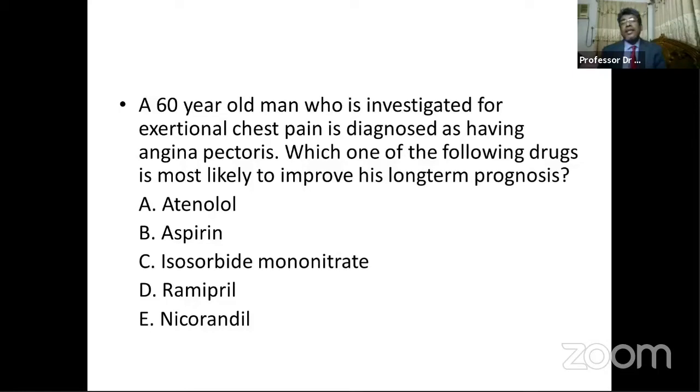Millimeters of mercury. So there is a severe hypertension. It's referred for